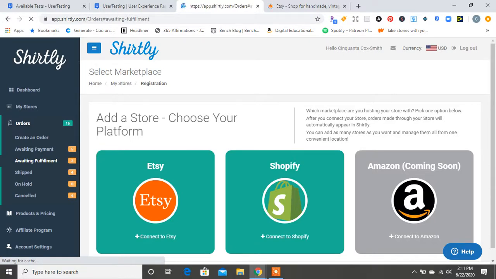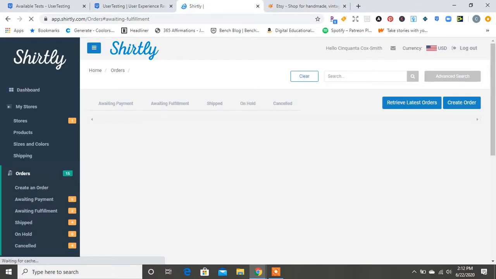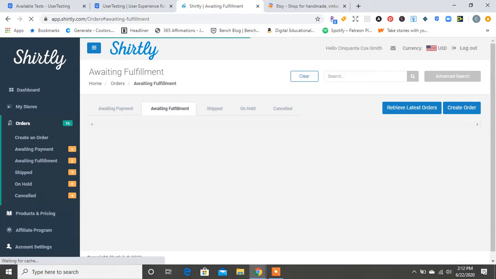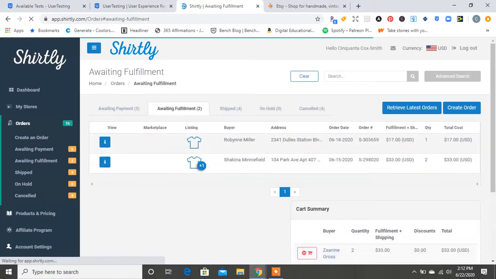Very, very interesting. So, Shirtley does have a Facebook group, so maybe I can ask if they're having issues with Etsy right now, because I did see someone in the group mentioning something about Etsy. So that can be something. And then here it says something about